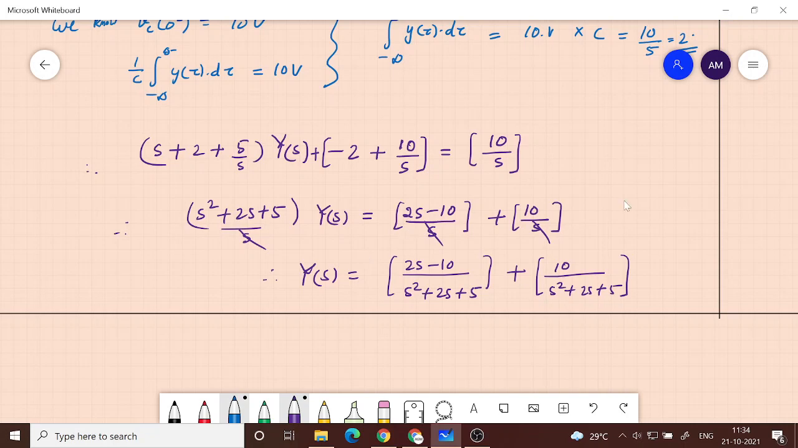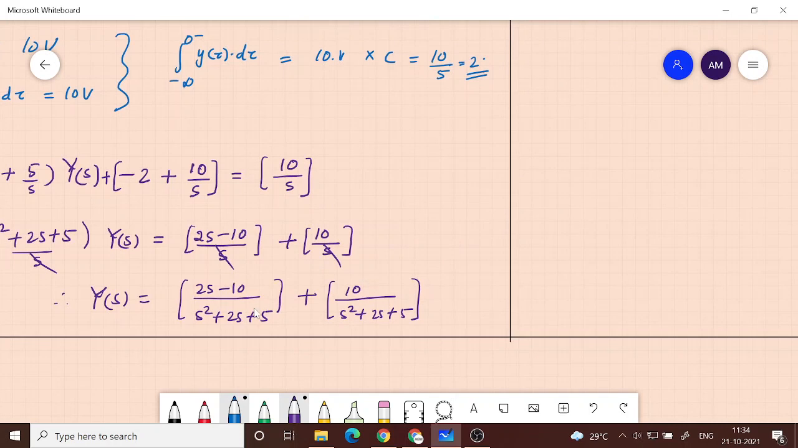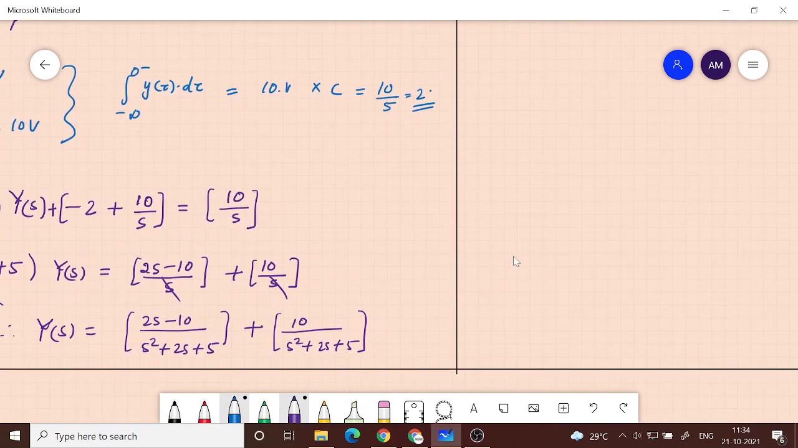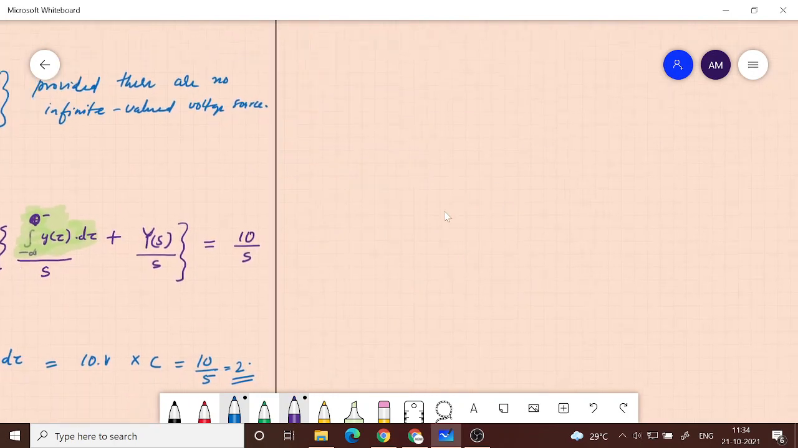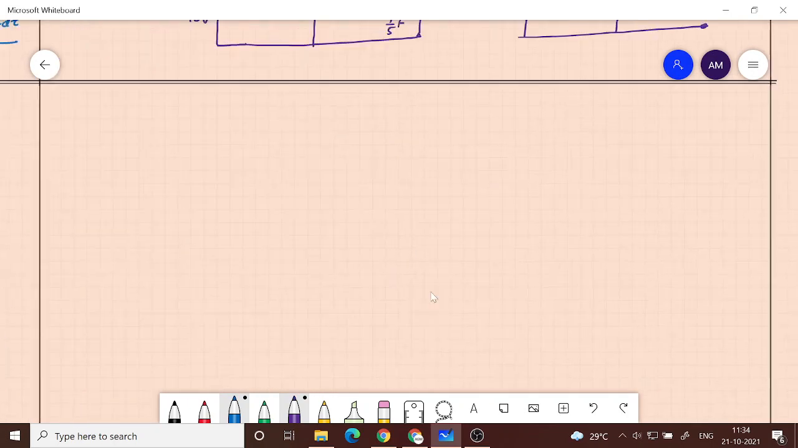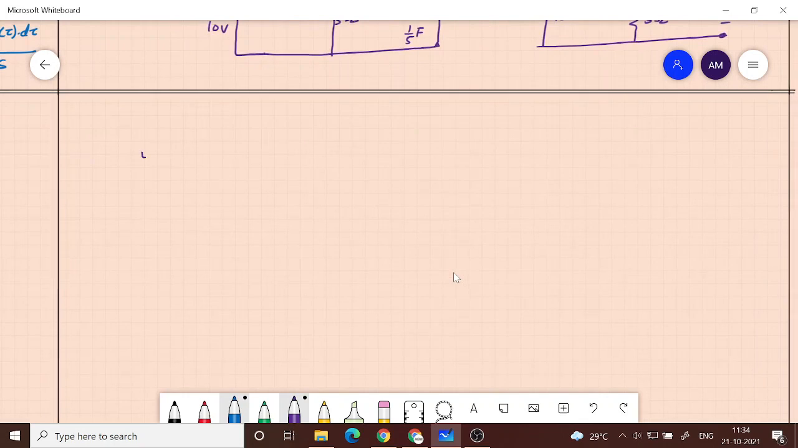Now if you don't want them separately, if you only want the total response, you can see that there is a perfect cancellation that is coming, and it will be just equal to 2S by S square plus 2S plus 5. So it depends whether you want a zero state response or zero input response, or you just want the total response. So let me write it again. So y of t, that is y total, is basically the zero input response plus the zero state response,